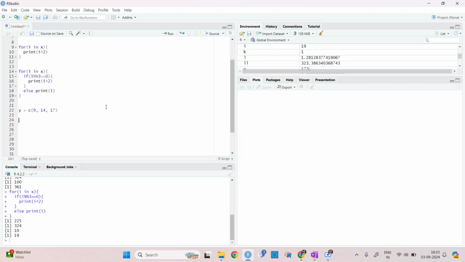So what we can do is for i in y, and then for j in x, print i plus j.